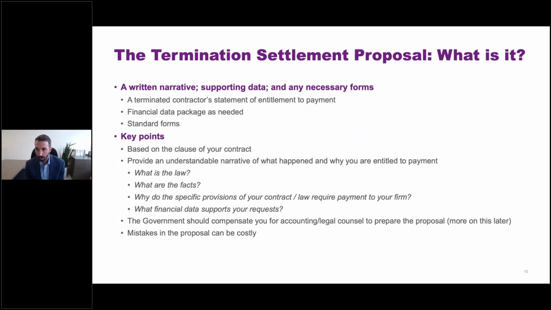Of course. So the first question I have here is, who determines the amount for the claim for contract damages, the contractor or the customer/government, and how is the amount determined? Yeah, so it's the contractor that puts together the proposal and puts forward the amount that they think they are owed. Okay, so the burden is initially on the contractor to explain its position, what it's entitled to. The government then reviews that and provides a response.